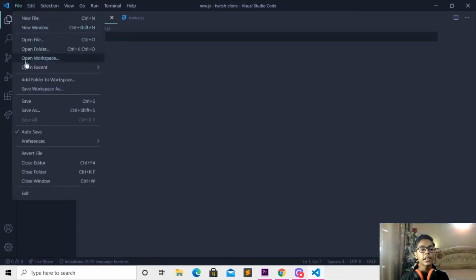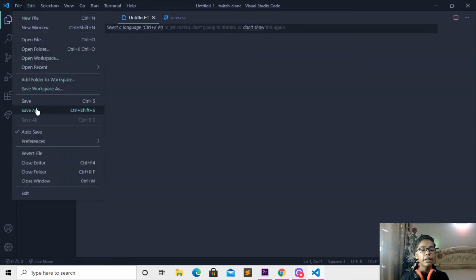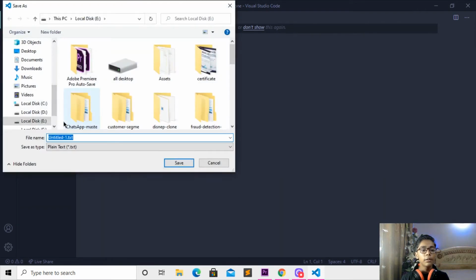Now you have to do one thing. I'll be saving that, and for making a file, you have to take a new file, then press the save as button or save. So I'll be pressing save. Then you have to select the location where you want to save your file, and when you are saving your React.js file, first of all you have to write the name of your file. After that you have to write dot, like here write dot. Then you have to write JS, because in React.js we have to work with JavaScript. So you have to write JS to save that as a JavaScript file. Like that, when you save that, it will automatically save your file as JavaScript. So you can work with that and write code to see how it's looking.